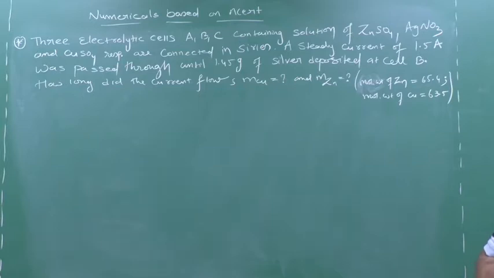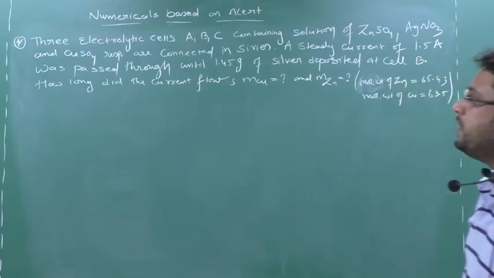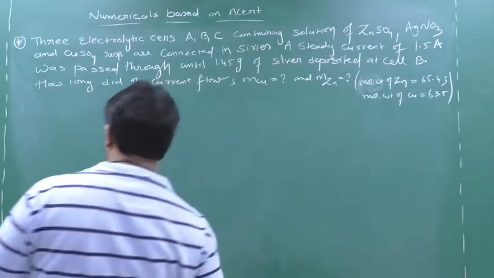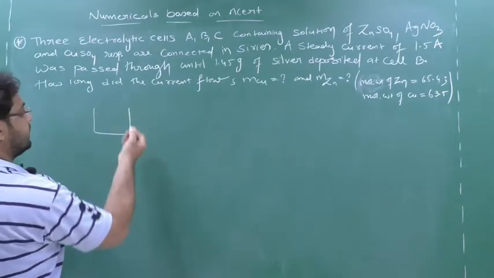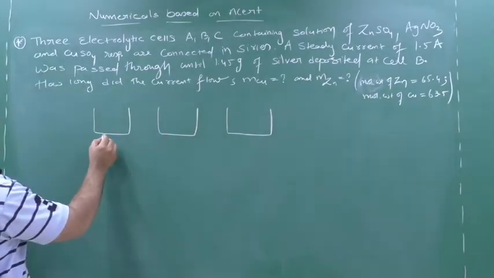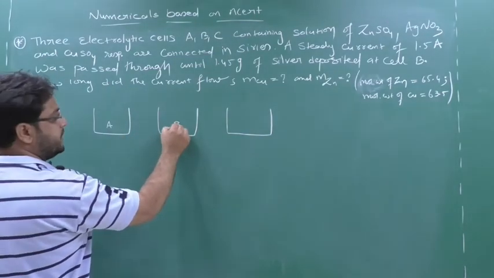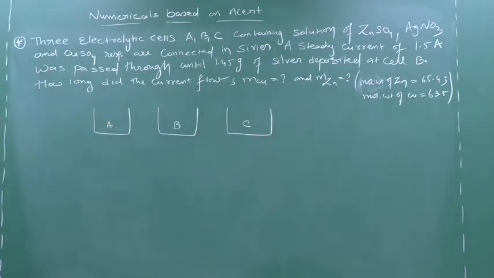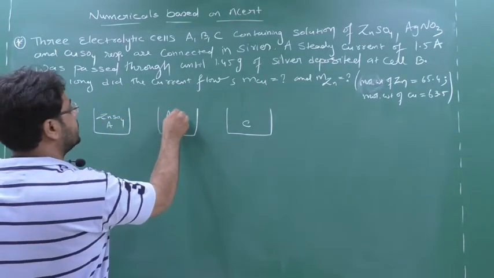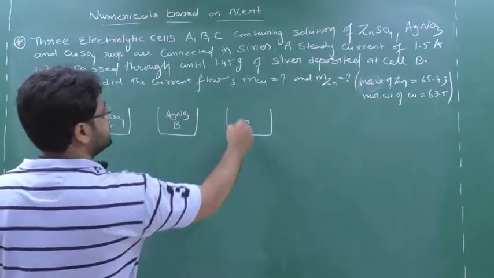This question is a bit important from your board point of view, and also for your competition, might be. Understand the question. 3 electrolytic cells. So we have 3 electrolytic cells: cell number 1, cell number 2 and cell number 3. Here they have given the names also: this is A, this is B, this is C, containing the solutions of ZnSO4. Here I have ZnSO4, here I have AgNO3, and here I have CuSO4